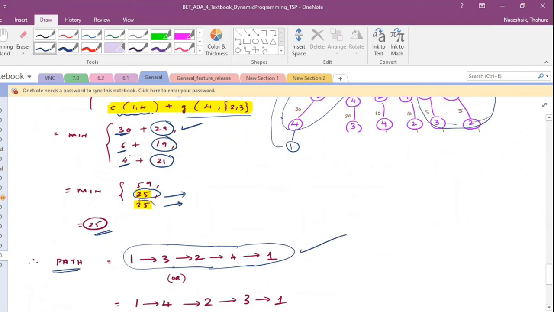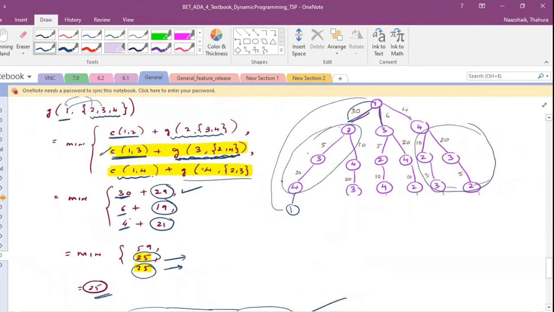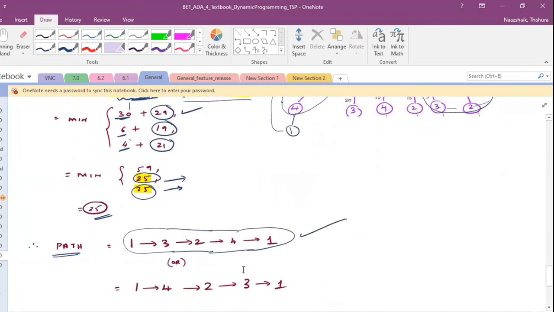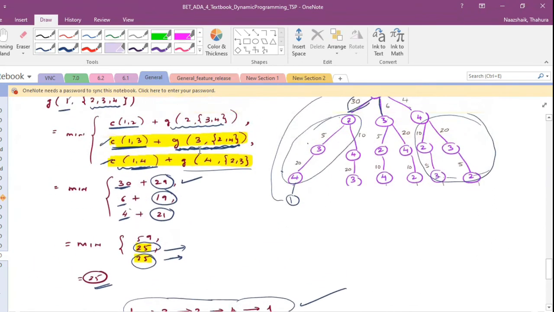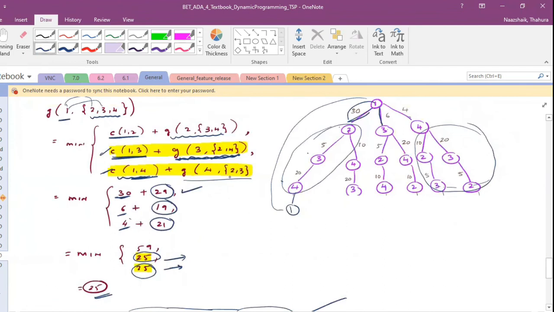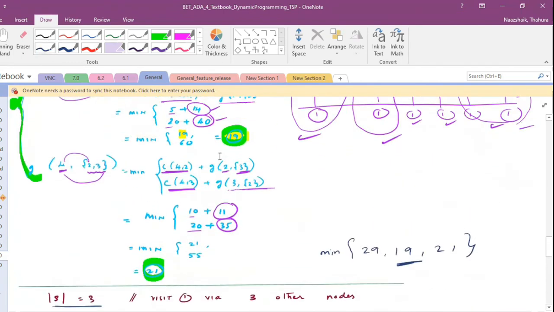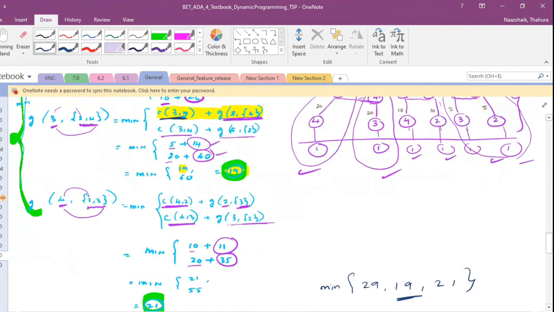There is another alternate way because the cost is the same. Let's see how to build the path for this. This is your third one here, right? Out of these three choices, this is the third one. So it says 1 to 4. Okay. Then go up and see how you got this 4, 2, 3. Yeah, 4, 2, 3. In this, which was the minimum? This one, right? So you should check this minimum path only.